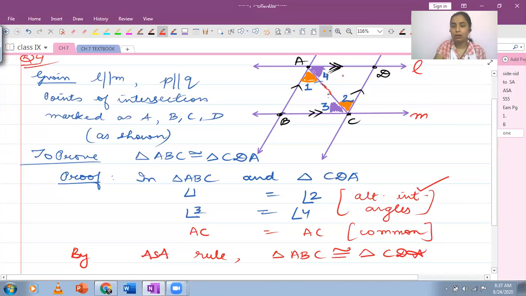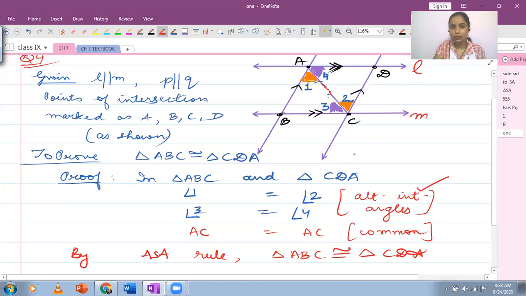It's just an observation I wanted you to make, because later on, when you have pairs of parallel sides, it's very important that you identify. You'll have multiple pairs of parallel lines. तो वहां पे ध्यान से देखना पड़ेगा कि जो pair आप बोल रहे हो वो actually parallel lines के बीच में बन भी रहा है या नहीं बन रहा. That's why I asked you to identify the pair of parallel lines between which 1 and 2 are formed and between which 3 and 4 are formed. Because आगे लगेगा लेकिन वो होंगे नहीं. There will be some questions. Just trying to make you see something. Okay. Observe the figure carefully.